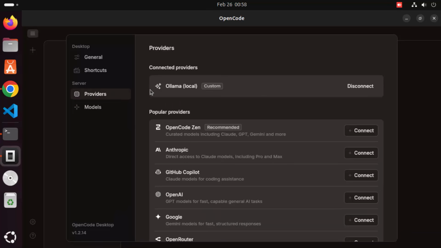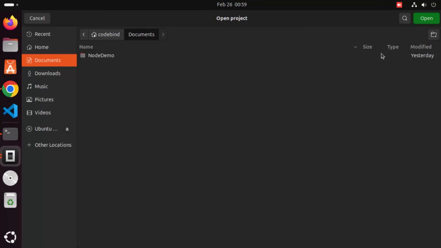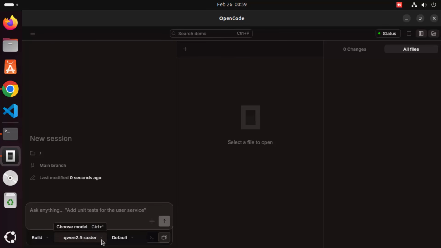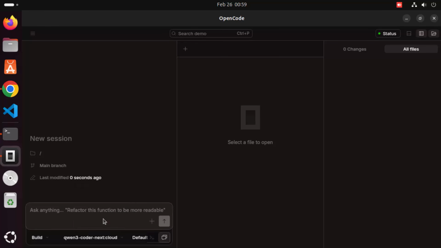So once this is added and it's already connected, so it's under connected providers, right? I can just click anywhere else on this GUI, and I can start using the model, right? So let me open some folder so that I can write some kind of prompt. So let's say I'm going to create a new folder here. I'm going to name it demo, and I'm going to open this folder. And then you can see this Qwen coder next:cloud is available here, which is from Ollama. I'm going to give the same prompt here